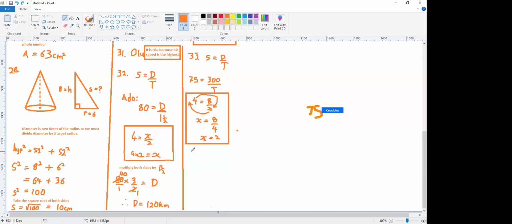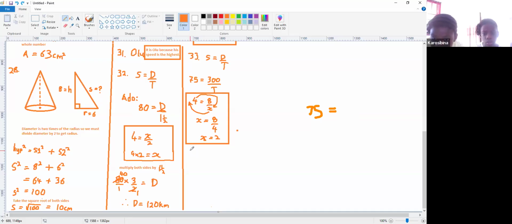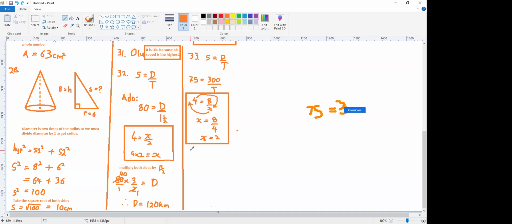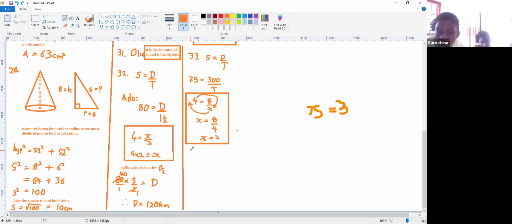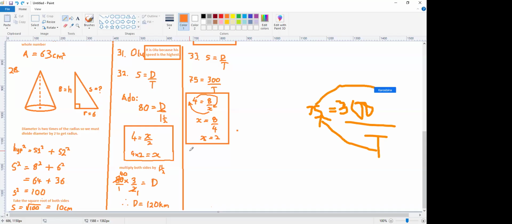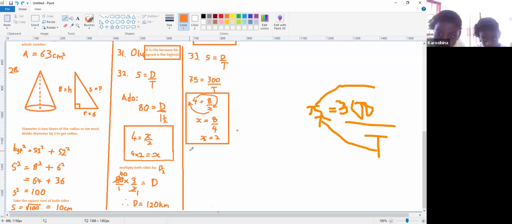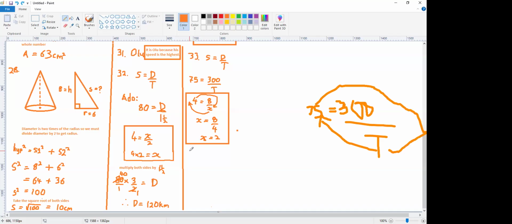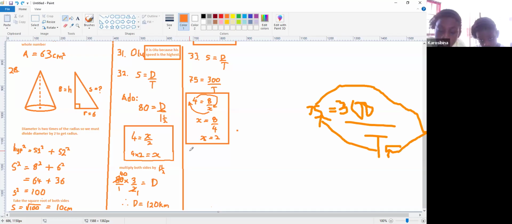Favor, look at what we are doing. Don't be distracted. 75 equals 300 over T. So as we said, what we are going to do is isolate T. So this 75 will move to where the T is. Yes. So it will be T